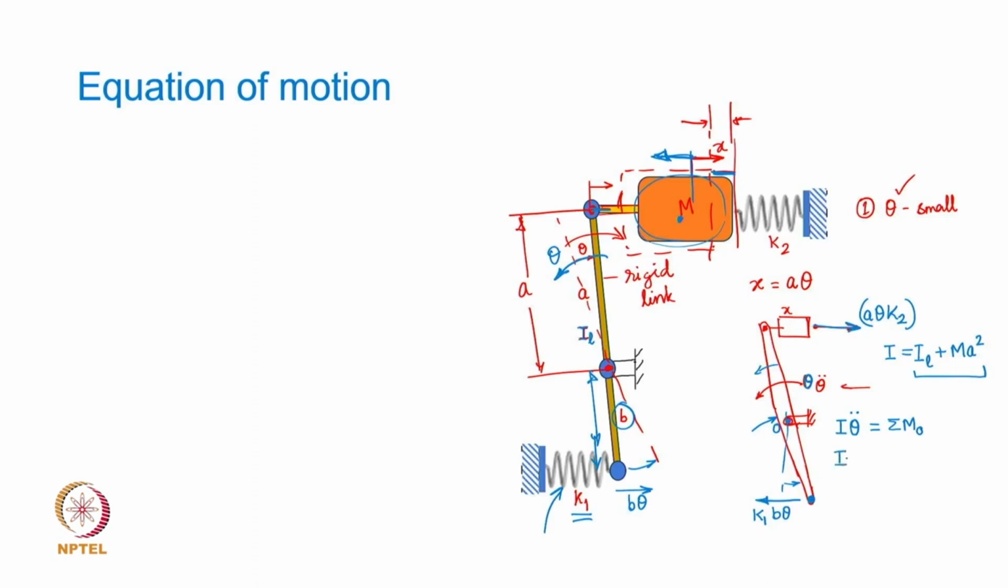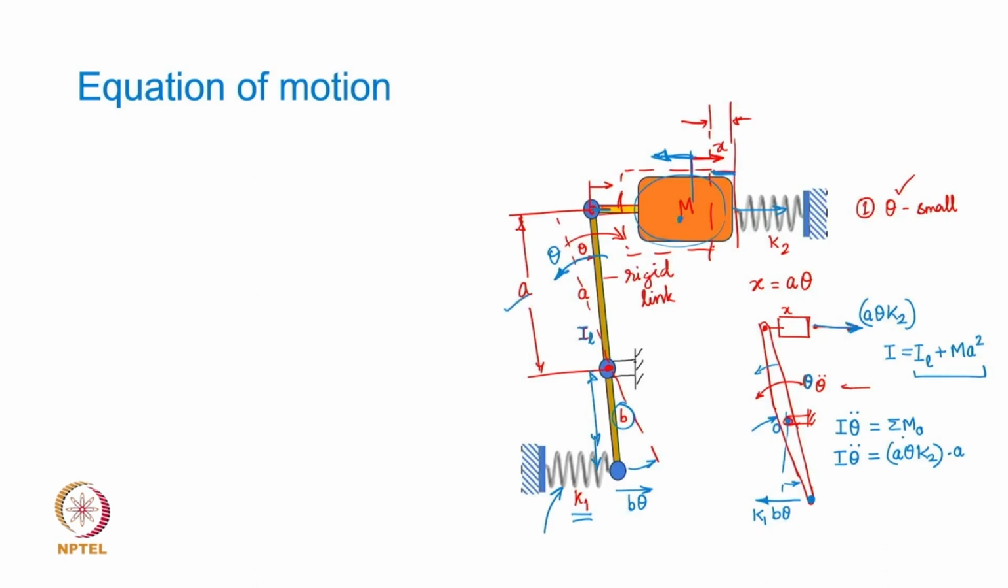And so, I theta double dot will be equal to what? All the summation of the moments. Now, what are the moments? One moment is of course going to be due to this force, the force which the spring k2 is going to exert on the mass, and so the moment of that about O is going to be the force times the distance or the arm length, which is going to be a,